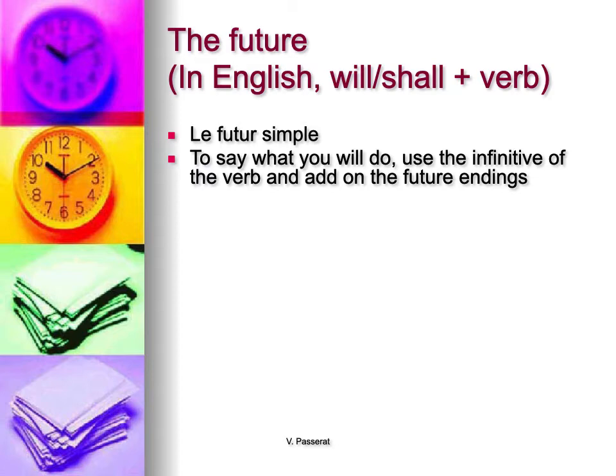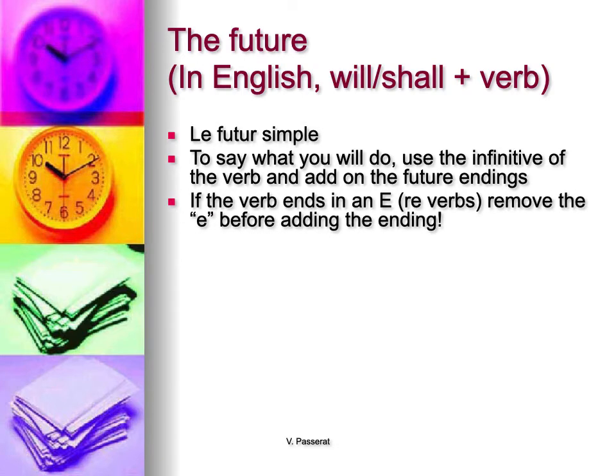Okay, for the futur simple, to say what we will do, we use the infinitive of the verb. So we just saw that with the futur proche. It's the verb before you change it, when you keep the er, ir, or re on there. And then we add the future endings to that verb. So it's just a one-word conjugation. Now there is one catch. We want to end in R. Our stems end in R before we add our endings onto it.